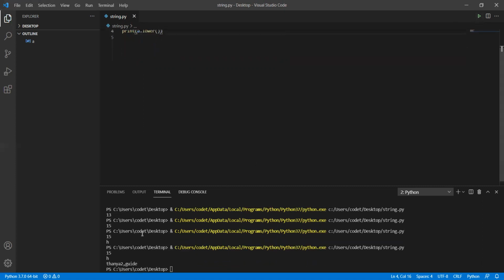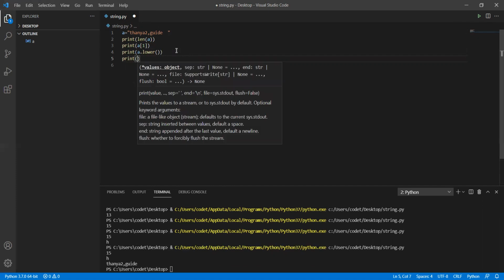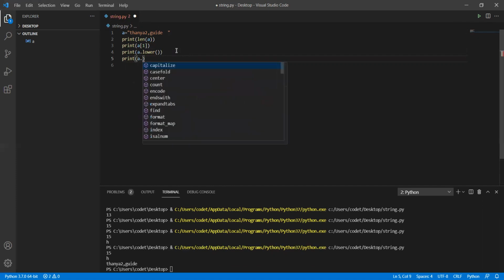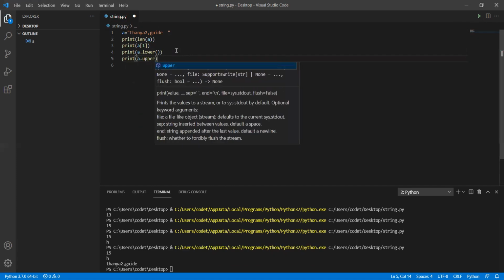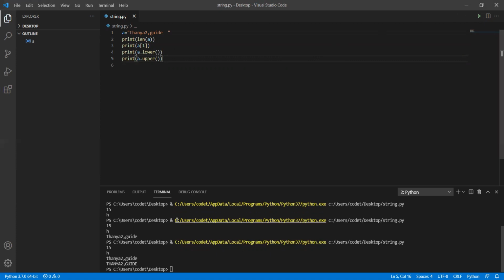Now see, everything is in small, right? Now one more question is running in your mind, what if I need it in capital letters? Print of a dot upper, close the parenthesis. Now you'll get Tanya to guide in complete capital letters. See, we got Tanya to guide in capital letters, right?